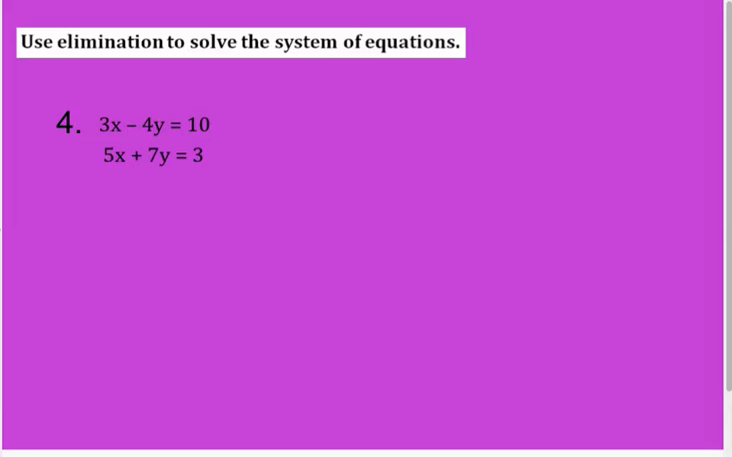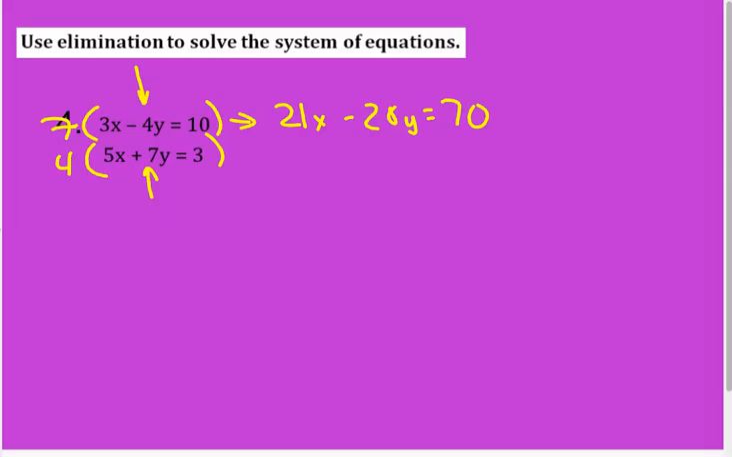Now here I don't have that matched up, but I can match it up pretty easily. So probably a good thing to do. I've already got the negative and positive with y's. So I'm just going to multiply whatever in front of the other one. So 3x minus 4y equals 10. I'm going to multiply this top one by 7. And that's going to give me 21x minus 28y equals 8. I'm going to multiply this bottom one by 4 because that's what's in front of the y up here. So I'm going to get 20x plus 28y equals 12. So now when I add these two things together,